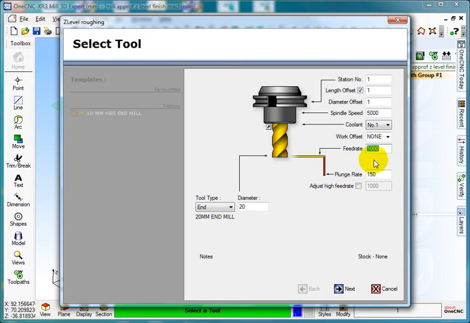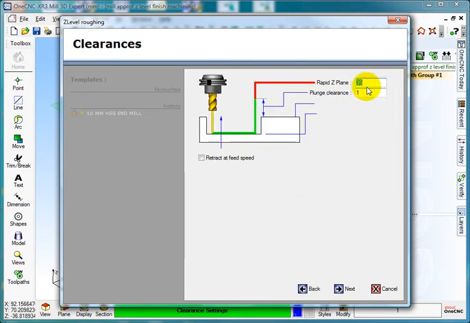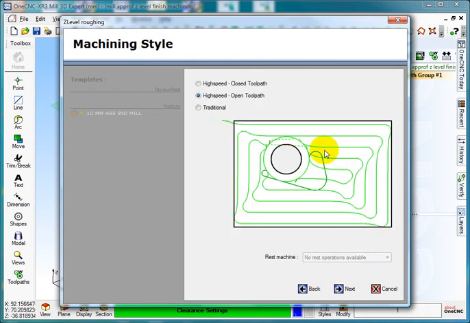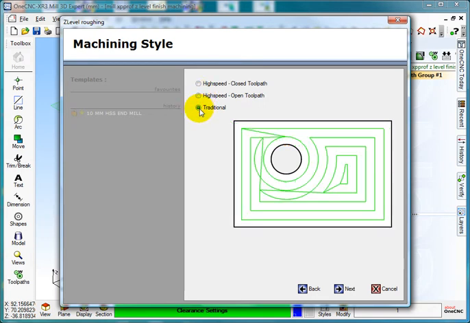5,000, 1,000, and I'll put that at 500. And also any high feed rates, I can increase them as well to 2,000. Select next. My rapids 5 and 1. Next. And now what I'm going to do is, in times before we've always done a traditional toolpath, but